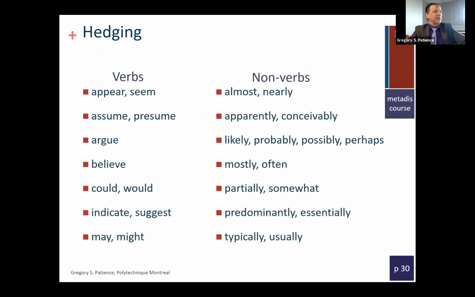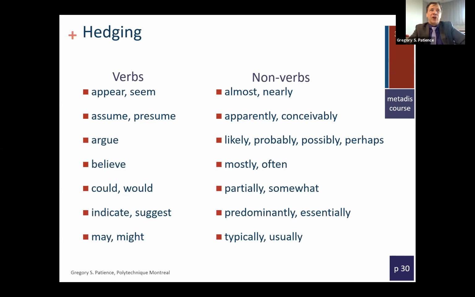So hedging verbs: appear, assume, argue, believe, could, would, which are the modal verbs, indicate, suggest. When you see these, question yourself. The non-verbs are almost, nearly, apparently, mostly, often. I worked with a chemist on a very technical article, and every page, two or three times he said mostly or often, because he wanted to hedge to make sure everybody knew that this was not always. And that's what Pinker says is the reason this is uninteresting: